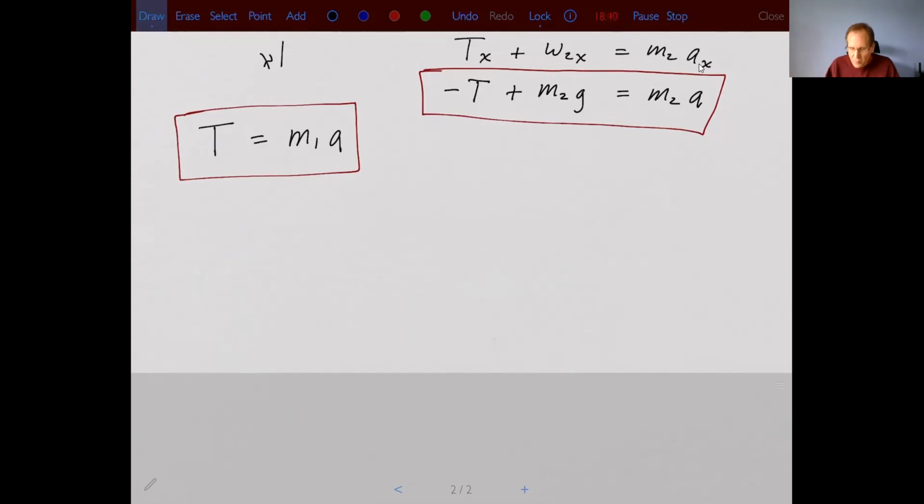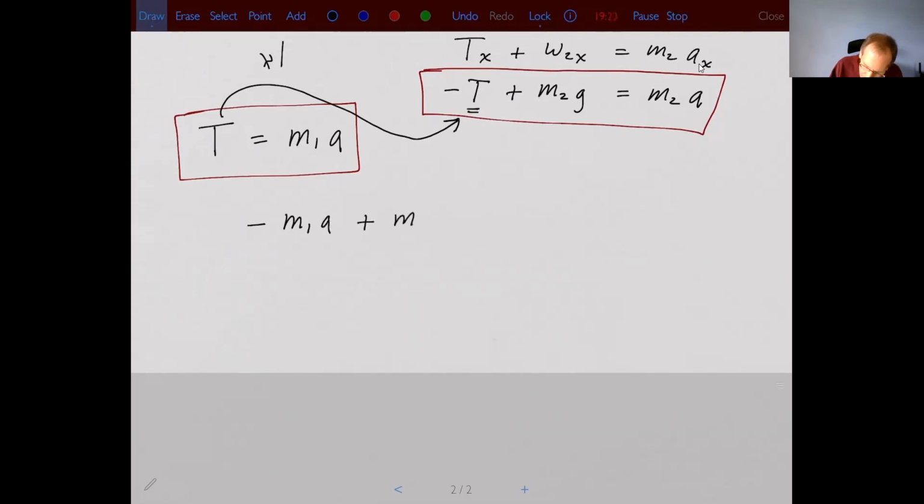So how do we do that? Well, you may have learned a few different techniques in an algebra or pre-calc class, where you could use substitution, you could use elimination. Some people will use matrices or determinants. Usually, the techniques you know best are substitution or elimination. So in this case, let's use substitution. Where I have a T in my second equation, I'm going to plug in this expression, because T is the same as m1a. So I have minus, and then T now is m1a